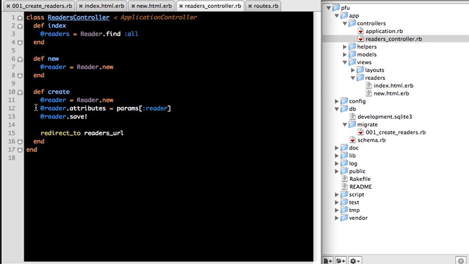You may go this route, but since we are just using all the values and we want to populate them in all the attributes that's coming in from the form,